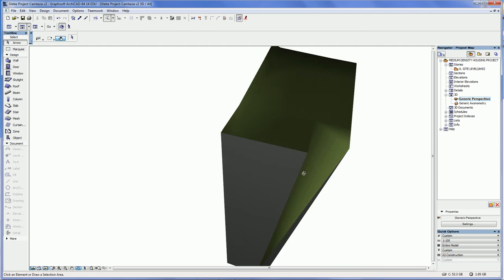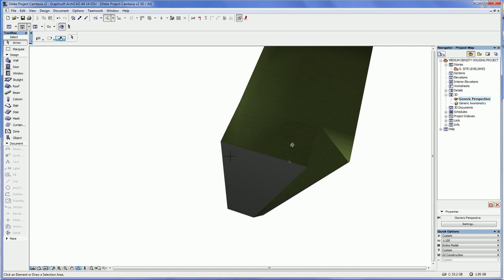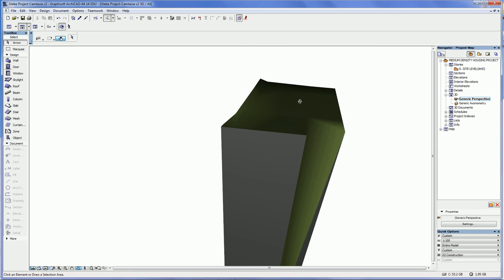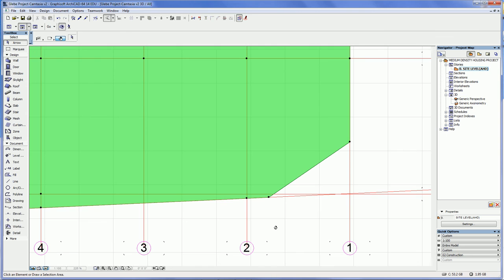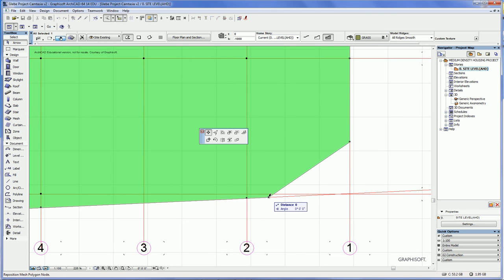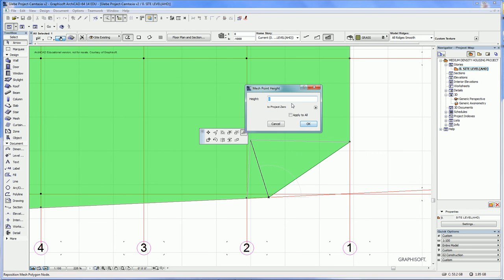Because all these other points are sitting at somewhere around the 100,000 millimeter mark, and this point here down the bottom is sitting at the 0 millimeter mark. So we really need to make a decision to change this RL to be the same as what the corner boundary is